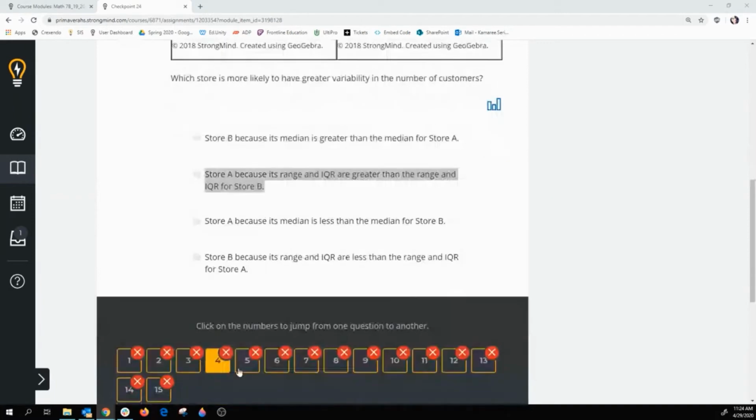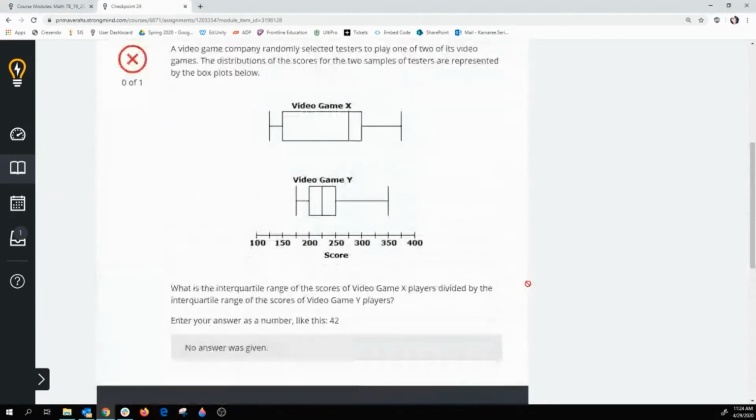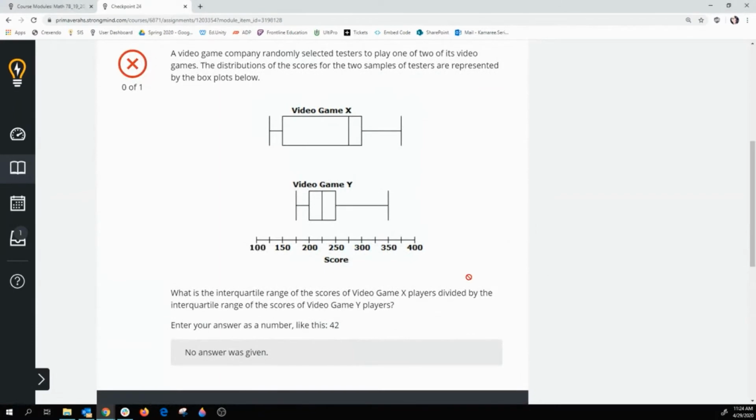All right. Number 5. So number 5, we have video game X and video game Y. We want to know what is the interquartile range of the scores of video game X players divided by the interquartile range of the scores of video game Y. So this question is definitely different because we've never had a question ask us to do division, but it shouldn't be too bad, right? So what we want to do is take video game X, the IQR, and divide it by video game Y,